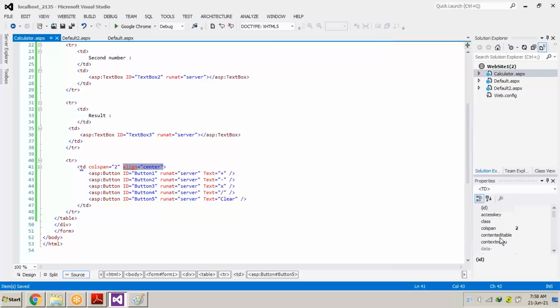Yes, Lopamudra Das, you can make the colspan according to your need, but let me tell you that the need should be according to the design part. You cannot just add colspan to any of the TDs.